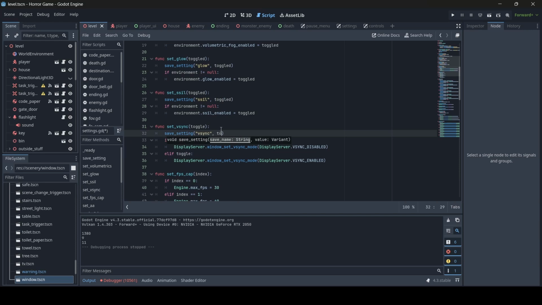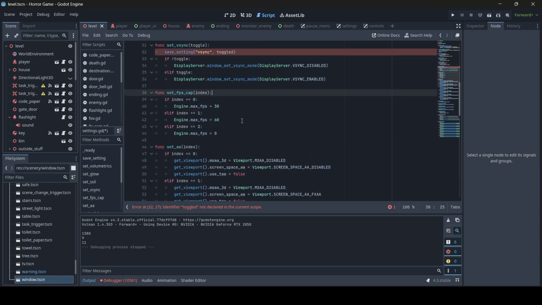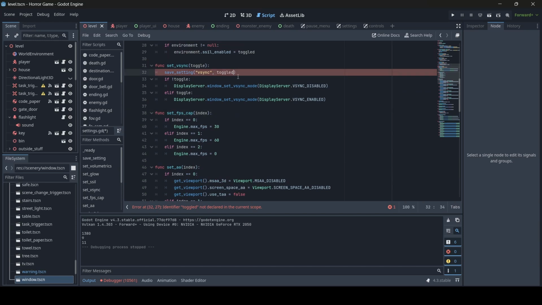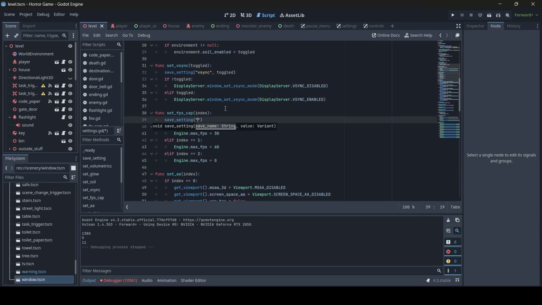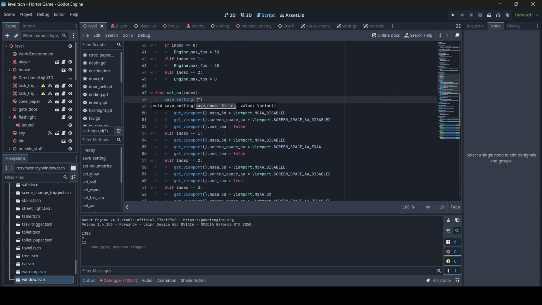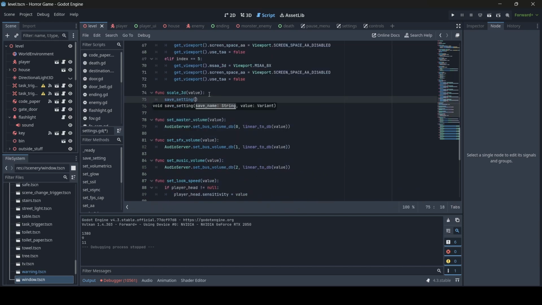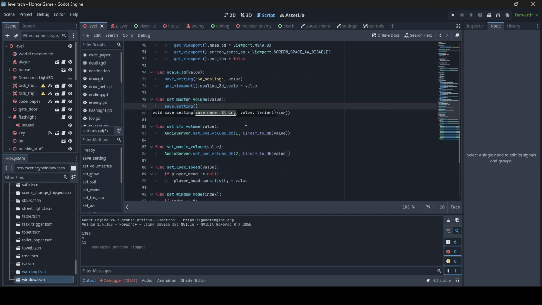So yeah, you just want to repeat this for every single setting you have here. Oh wait, I accidentally called it toggled here, there we go. Alrighty, save underscore setting, FPS index, same thing with the AA, the anti-aliasing, 3D scaling, and then we also have a thing for the master volume as well,